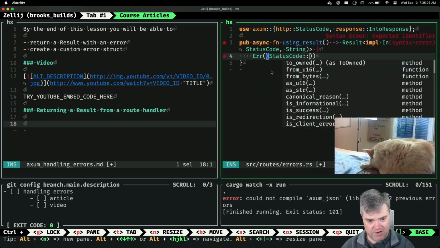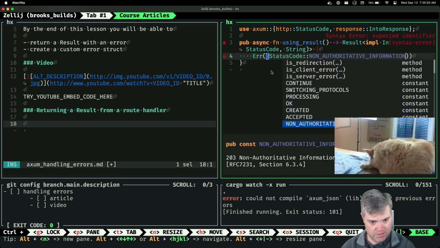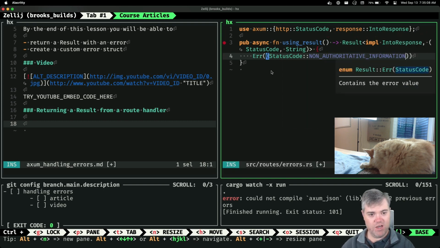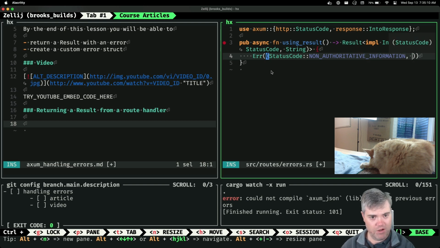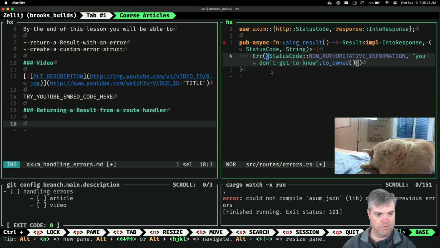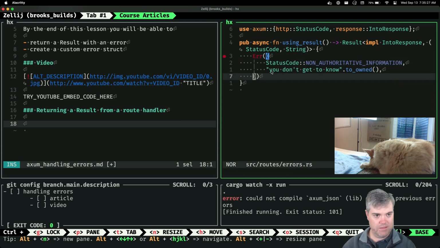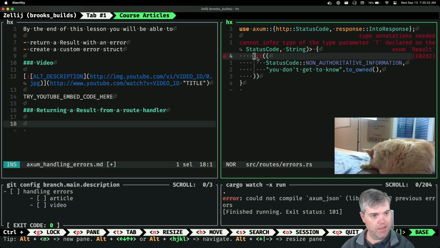You can be, I don't know, non-authoritative information, and then also a string would be: you don't get to know. I don't know. Why are you upset? Type annotations needed, cannot infer the type parameter T declared on the enum Result.